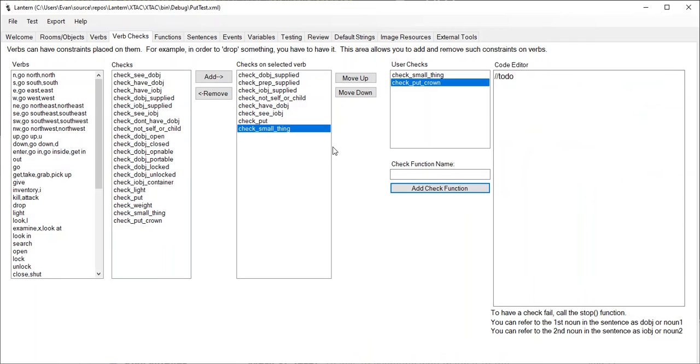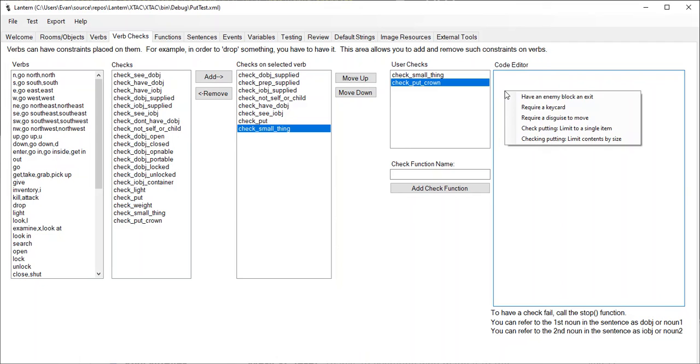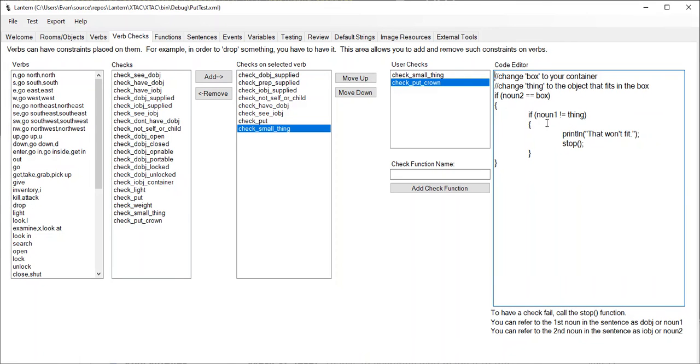And now I'll do the same thing I did before. What I'm going to do is delete that. I'll put in a code snippet: check putting limit to a single item. Okay. So here's our code snippet. We're going to check to see if noun 2 is the king, right? That's the target. So put the crown on the king, right? So the king is the second noun. And what are we trying to put on the king? The crown, right? So let's change this thing to the crown, print, and then let's change the text to